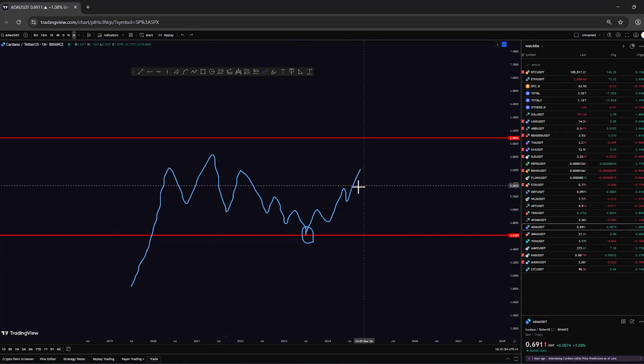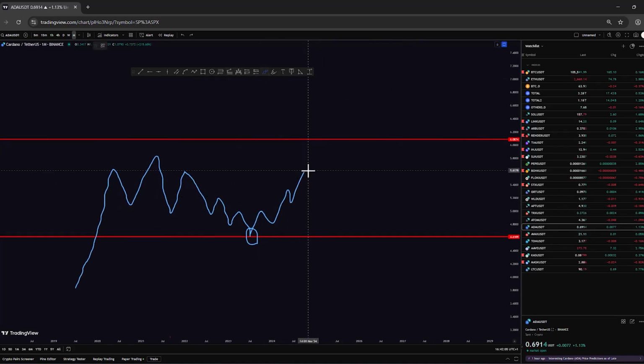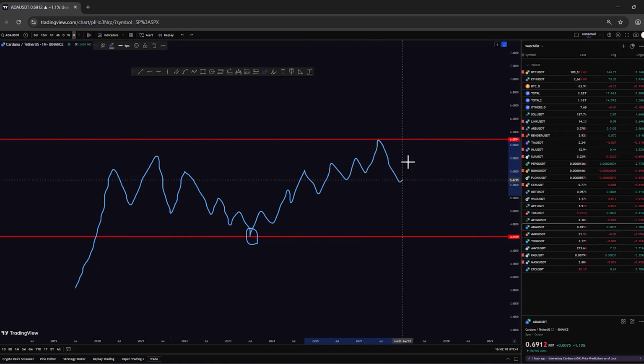Resistance is exactly the opposite of support. It's an area or a line where sellers don't let the price go higher. And when the price reaches there, they open short positions and sell, which causes the price to drop. For example, price hits this point and starts falling. So the one above the price is resistance and the one below is support. At support, buyers enter and cause price to go up. At resistance, sellers enter positions and cause price to drop.